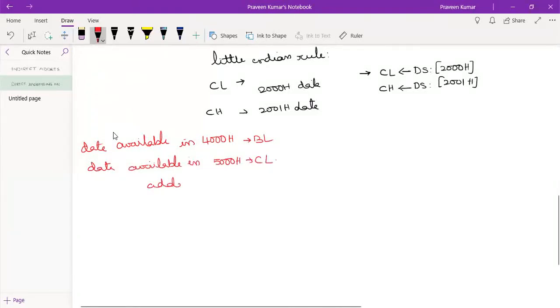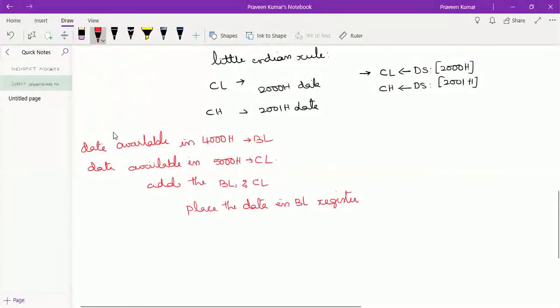Add these two, that is the data available in BL and CL, and place the data in the BL register.